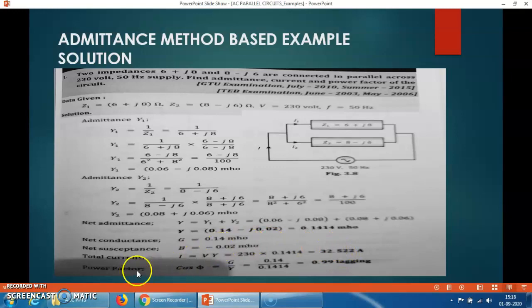And what is the power factor? We know that power factor is R by Z, but in admittance, instead of R, here G is there, and instead of Z, Y is there, so G by Y in the admittance triangle. So substitute the value of G, substitute the value of Y, you will get the power factor. Minus sign is there because here the susceptance is minus, so it is inductive. One branch contains either a coil or an inductor, so lagging power factor will be there. So this way you can solve the AC parallel circuit by using the admittance method.